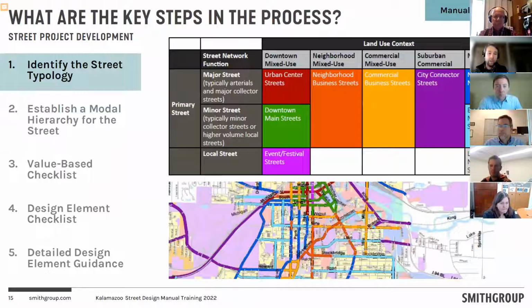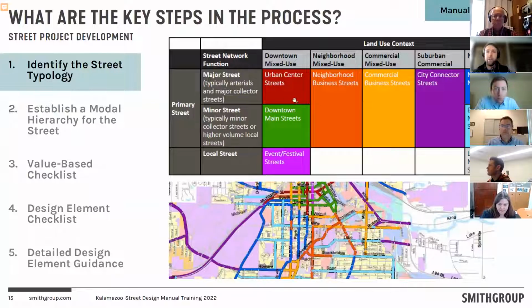You've probably heard the term context sensitive design: being sensitive to that land use, making sure that the adjacent landowners are treated as a user of the roadway too, and that their experience and their environment is a critical part of how the roadway really serves the community in addition to those transportation functions. And as Christina had mentioned earlier, the 2025 master plan had laid out an initial set of street typologies to